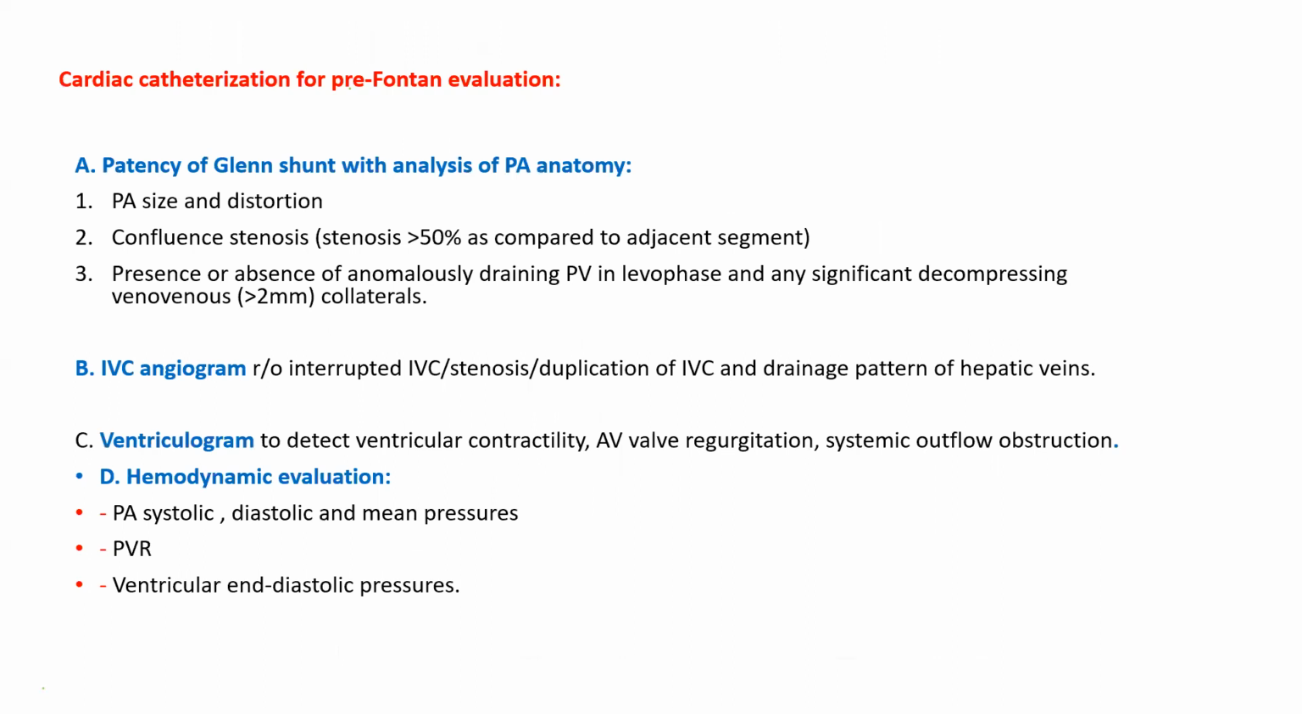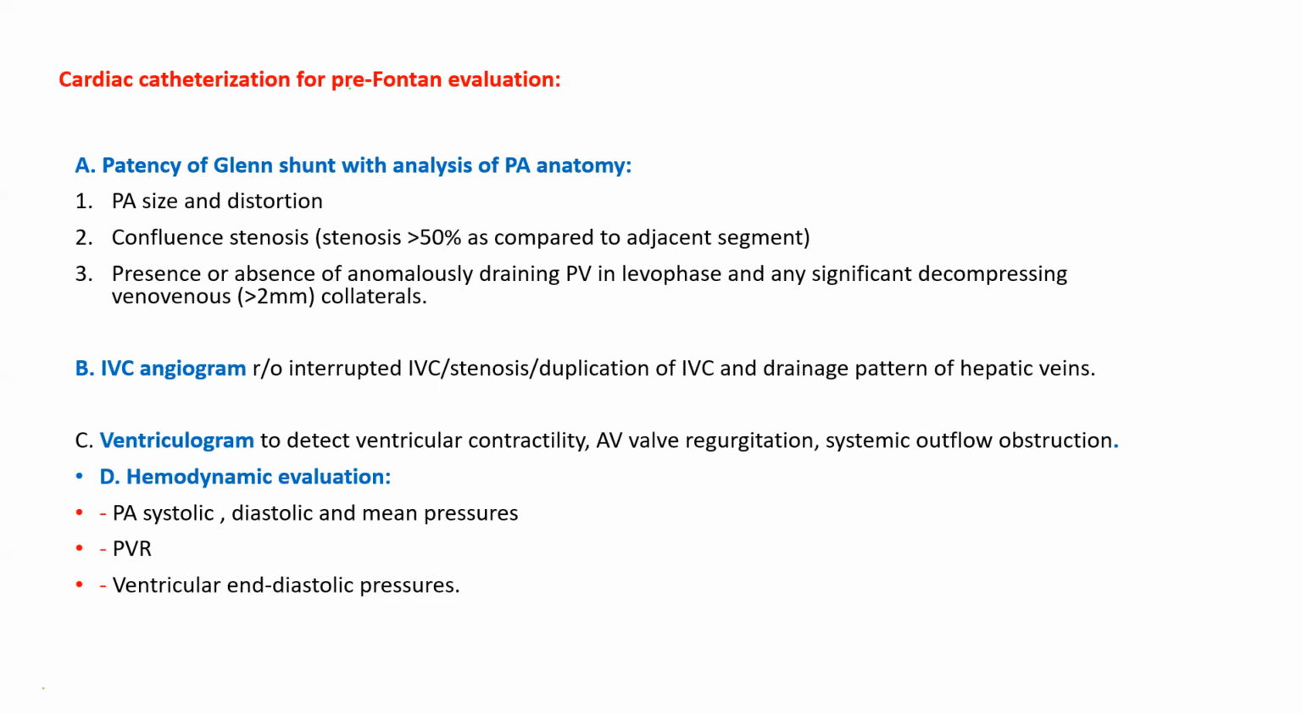Before doing the Fontan, we have to do a pre-Fontan cath. In the pre-Fontan cath, what all will we see? We'll see the patency of the Glenn. Nowadays the Fontans are done in two stages, which I have described in the next few slides. The first stage is the hemi-Fontan, that is the bidirectional Glenn. So first we assess the Glenn shunt, through which we assess the PA anatomy and PA size. Is there any distortion? Is the confluence there or not? Is there any stenosis? And presence or absence of